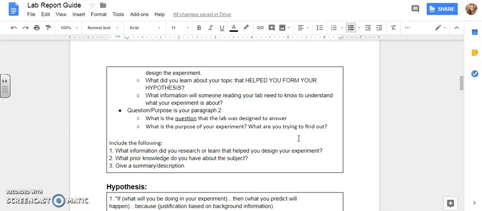Your second paragraph is all about the question and the purpose. What is the question that the lab was designed to answer? What is the purpose of your experiment? What are you trying to find out? So just to give a quick example here, this is probably your second paragraph where you would say, the question